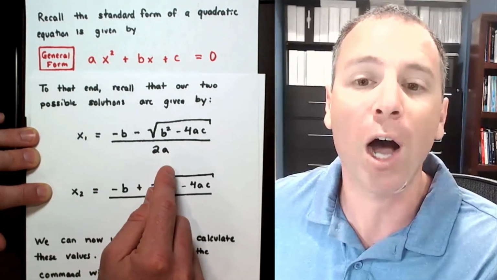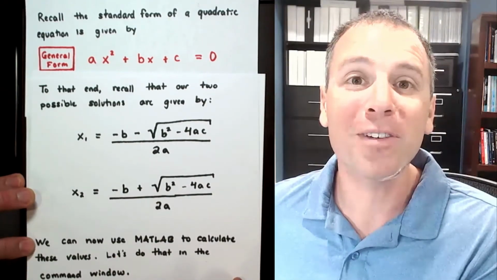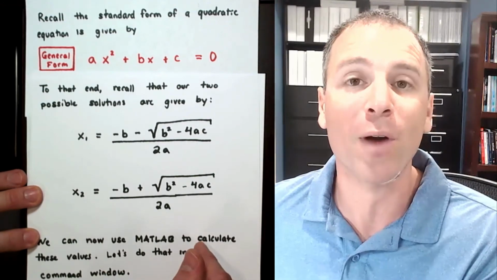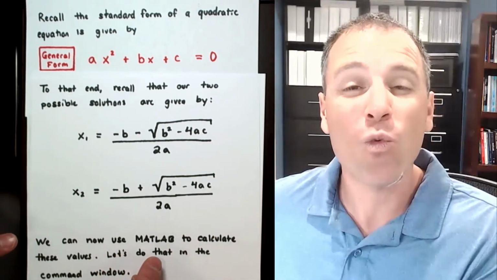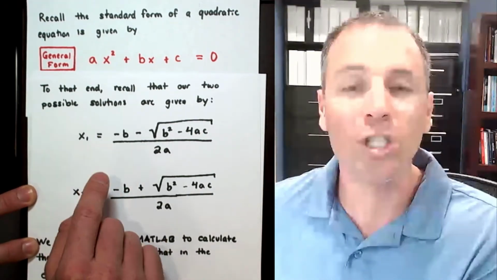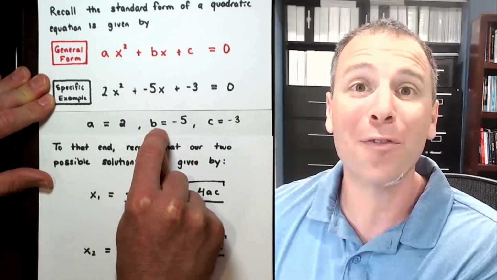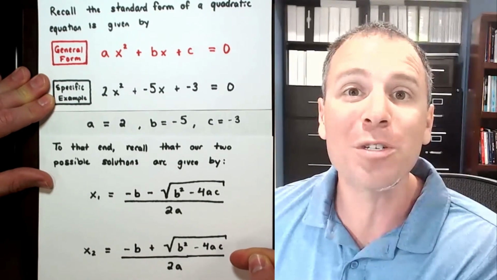Those are both what we call complex roots or complex solutions to that quadratic equation. Hopefully this is a review. If not, you can look back at some of my previous videos from different classes to get your head around what I'm saying here. The point of this is we are ready to boot up MATLAB and start calculating solutions to our specific problem, using the fact that we've identified the values of the coefficients a, b, and c, and we have a closed form formula that we want to use MATLAB to calculate.